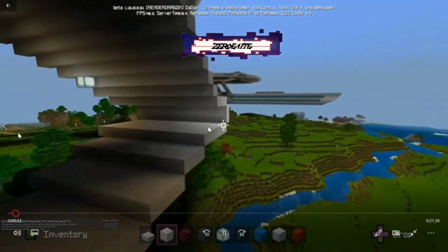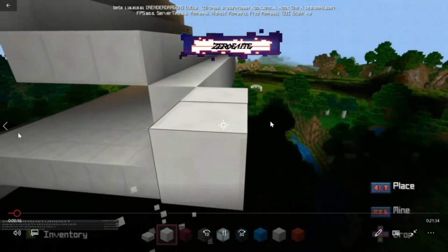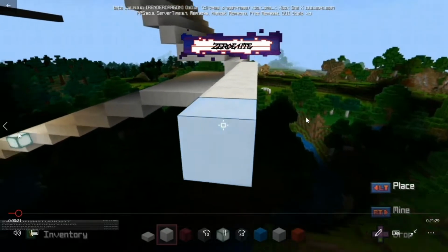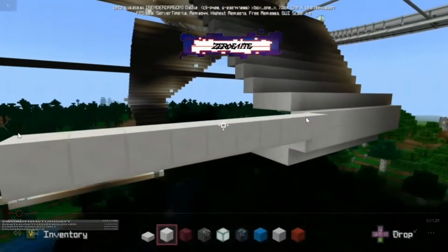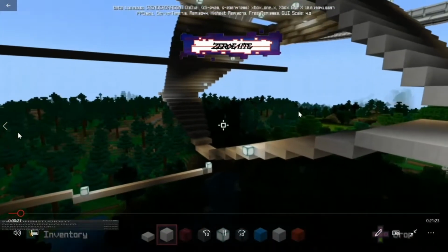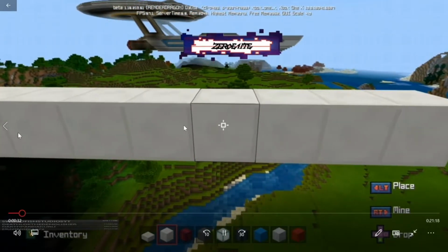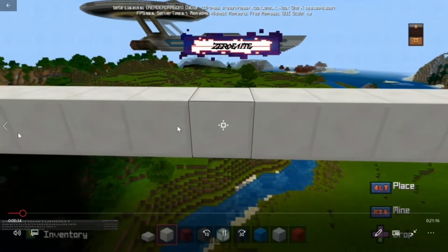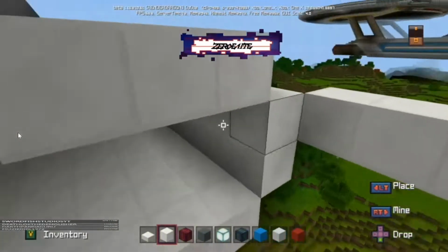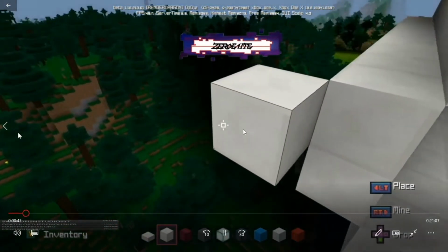We're going to be starting off running these middle pieces. You can see I'm going one back and out, and we're just going to count back. Right now I'm just kind of eyeing it to see how long it's going to be. 3, 2, 3, 4, 5, 6, 7, 8, 9, 10, 11, 12, and then 13. So we're going to make sure to have the same amount on this side. I'm just going to be eyeing this